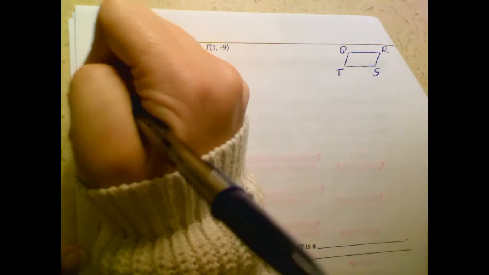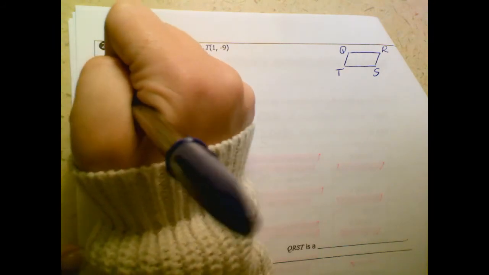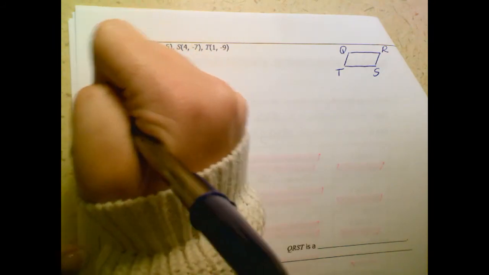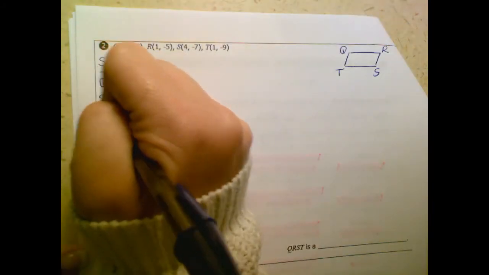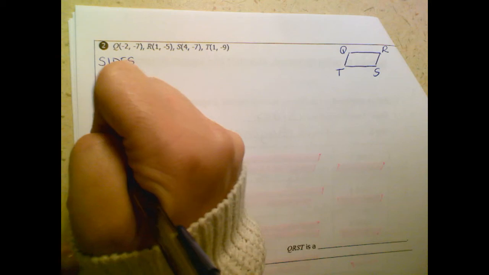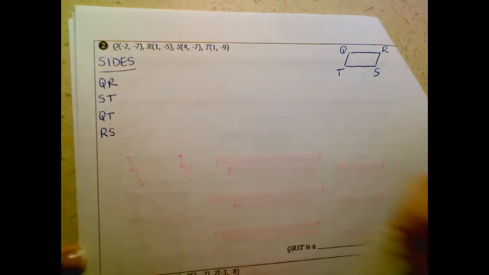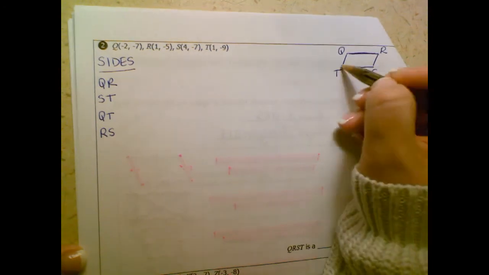So I have QR, I'll have ST, I'll have QT, and I'll have RS. What I did is I just looked at the opposite sides and I kind of paired them together. So looking at QR,